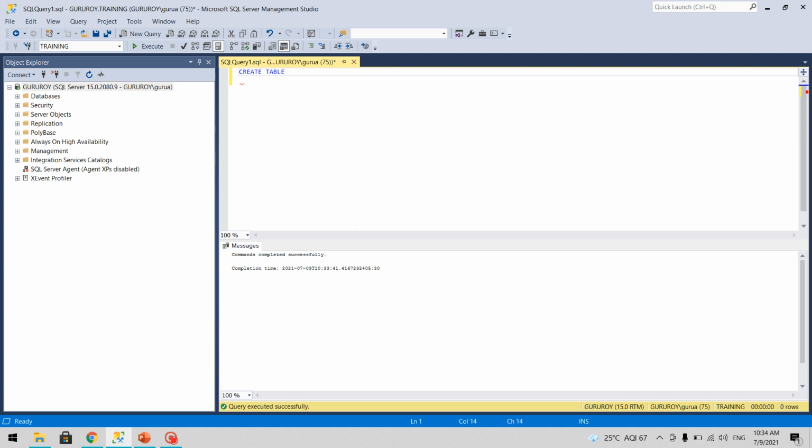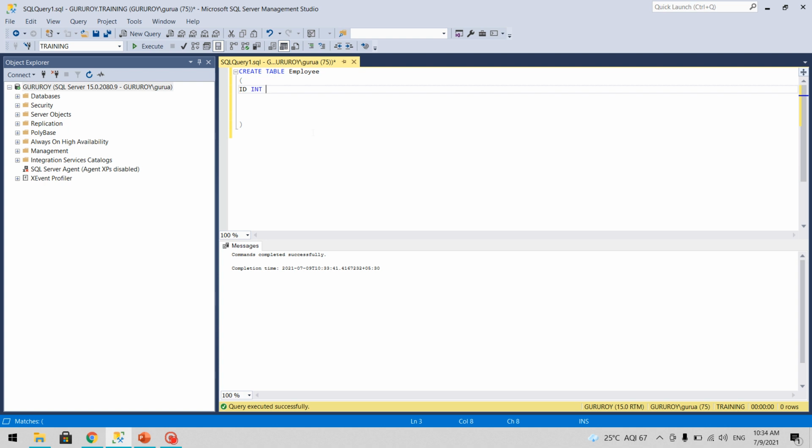So let's name the table employee, and then next is start bracket, end bracket, and the rest of the column names we specify here only. So next is the column name, and we'll put ID, then we put the data type of the column. So if it is integer, we'll put int.